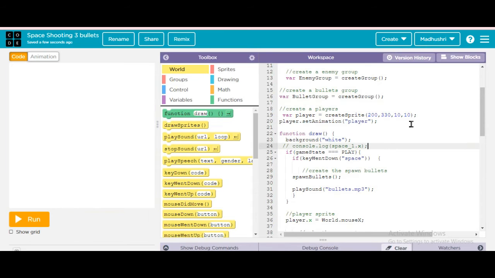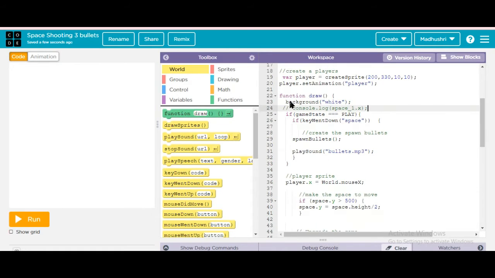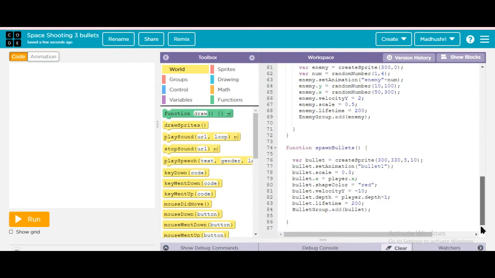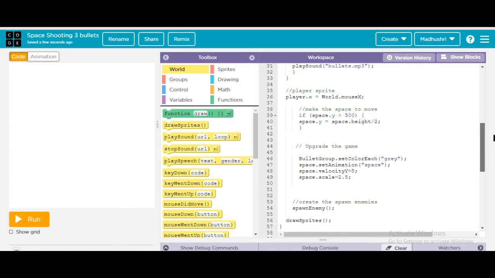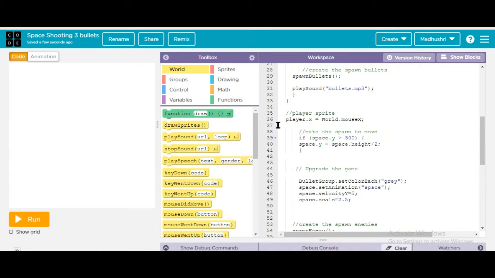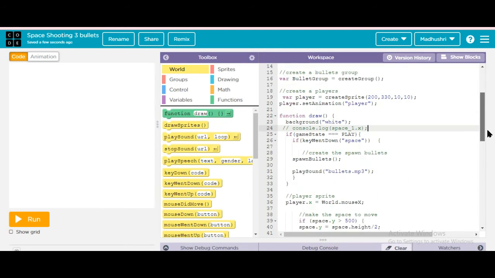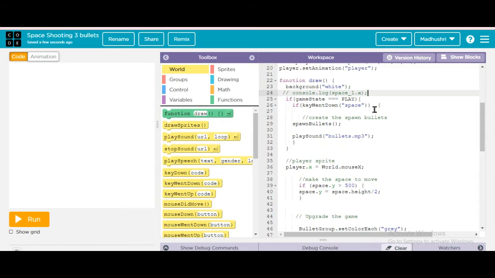Then in function draw I gave the background color white. You can see at line number 38, make the space move, here only I gave. I commented out this console.log space_1.x, because now in this project we don't need it.